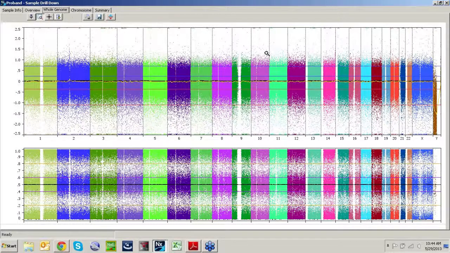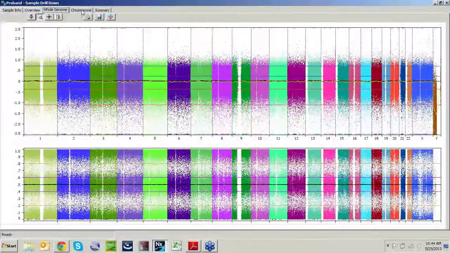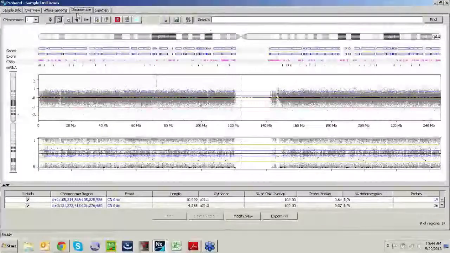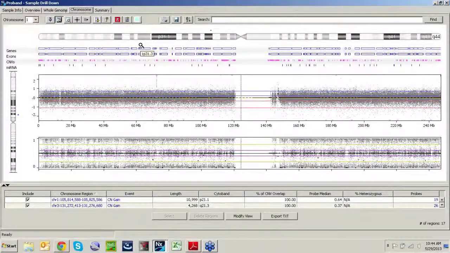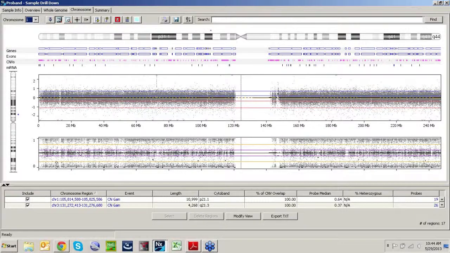So here this is just showing us all of the probes and their calls, and we can zoom in around here if we want to. But what I want to draw your attention to is this chromosome tab. Okay, so now we can look around and see what we have. We can click through each of the individual chromosomes to see the changes, or we can look at the bottom. And so here we have on the bottom all of our copy number changes that are de novo in the